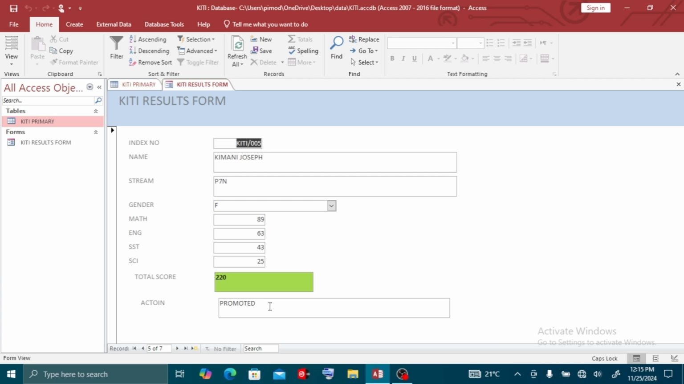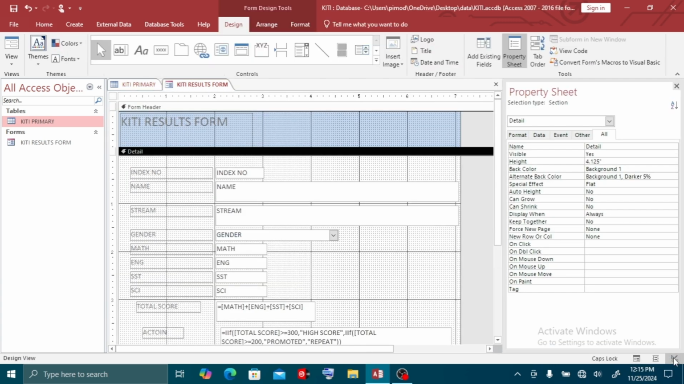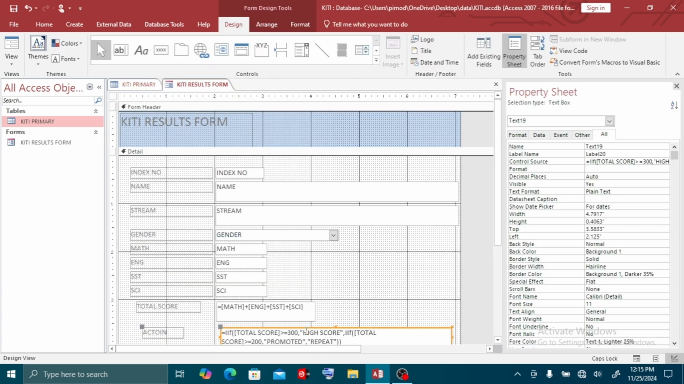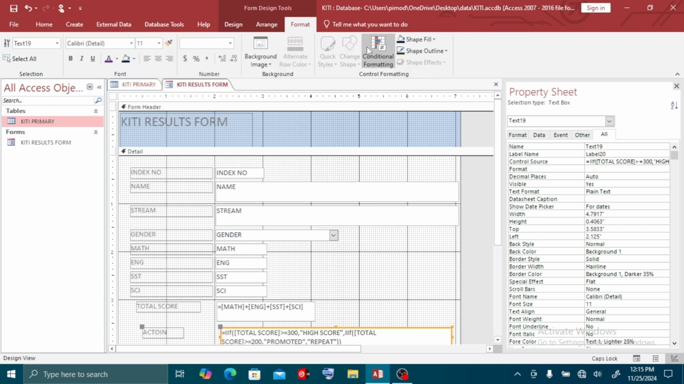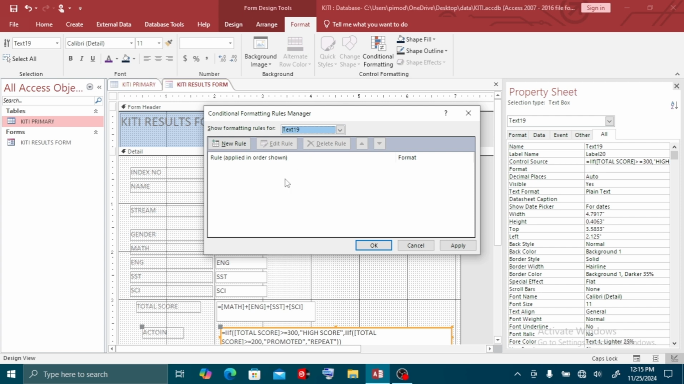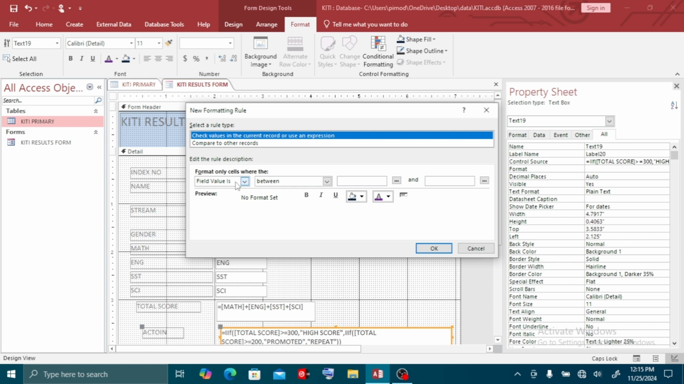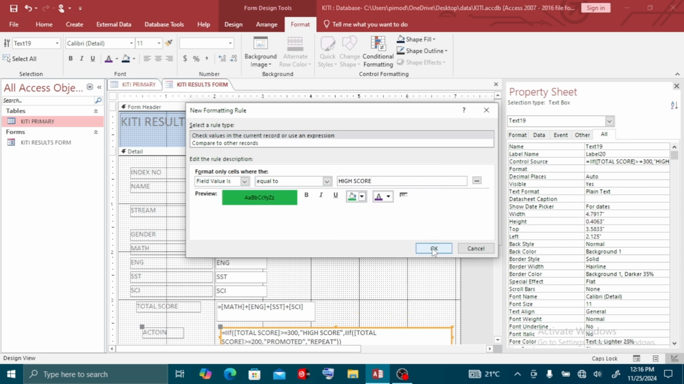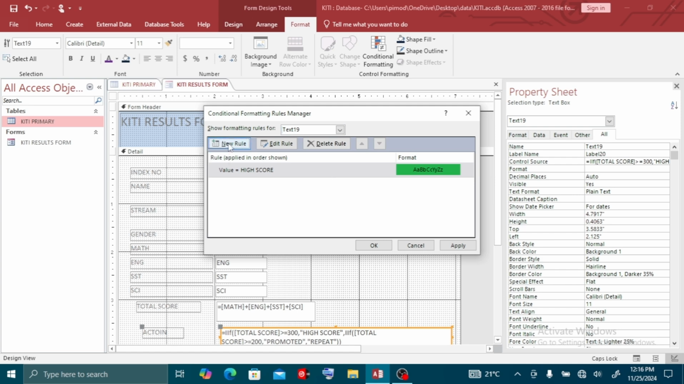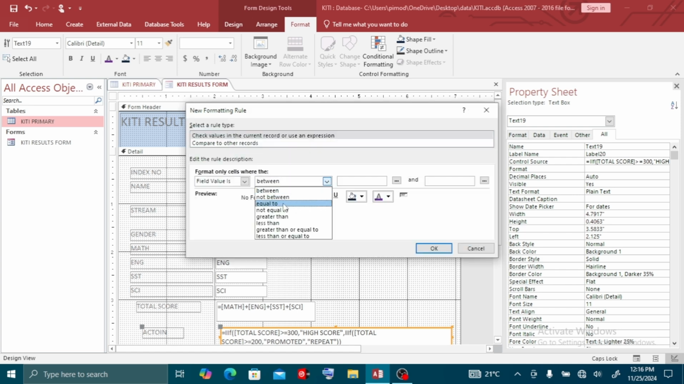Now that is it. So again we can go and make conditional formatting in this field. We go back to our design view, we click on this field, we go to format, conditional formatting, and we say new rule that field value is equal, because now this field has specific gradings, so we should use equal to high score. We make it green, press OK. We continue with another rule. If the value equals to